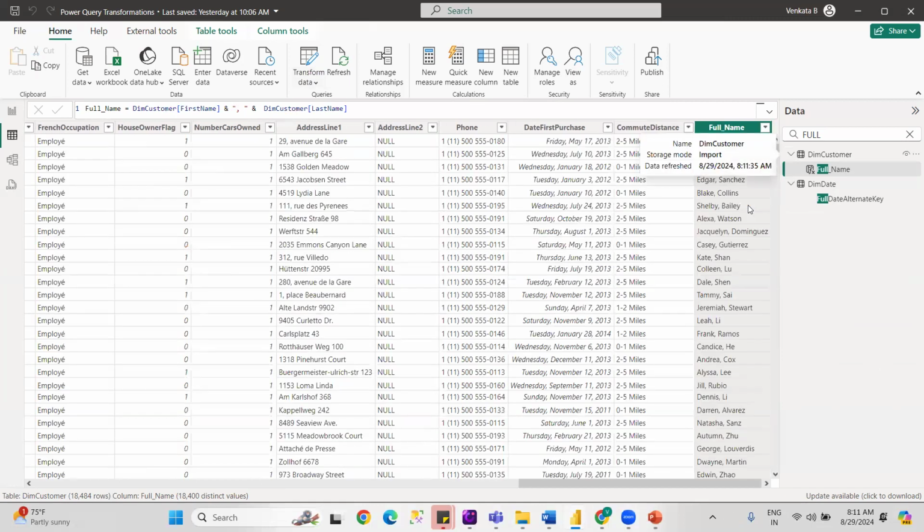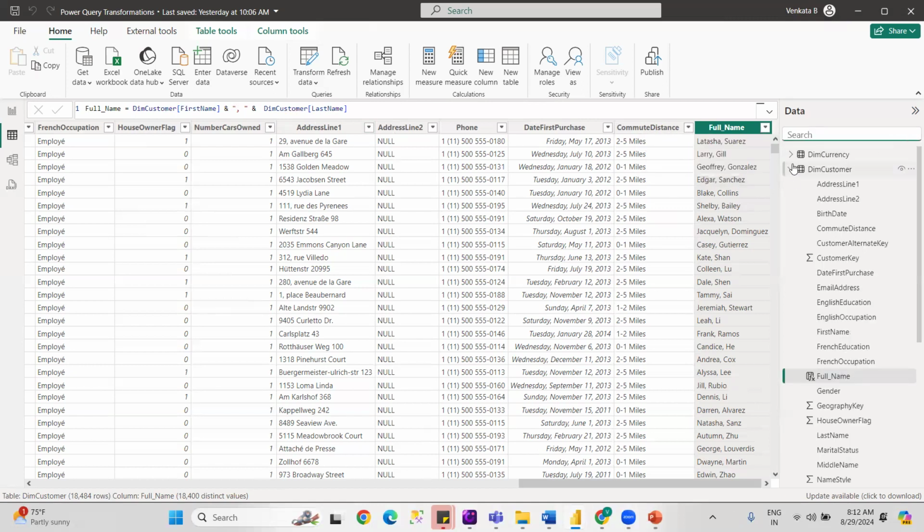Okay, this is the way of calculating, how to create a calculated column. By using DAX, we can create calculated columns, calculated measures, and calculated tables as well. Today we will discuss how to create calculated columns and calculated measures. The calculated column we create on the table only, within the table only. If you want to create a column for another table,